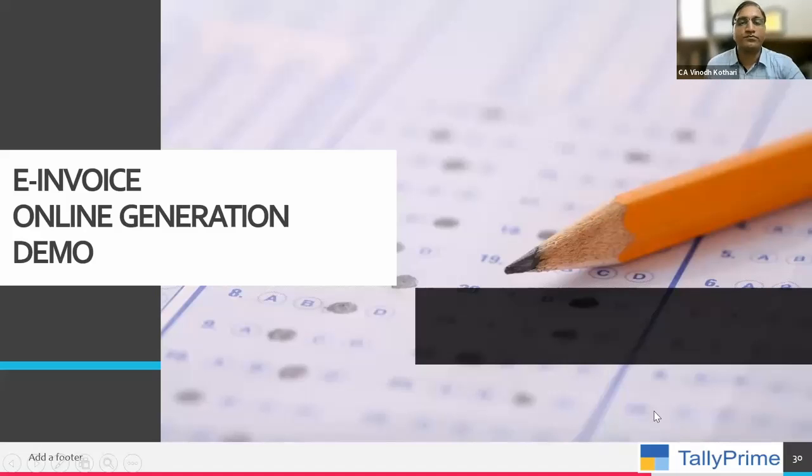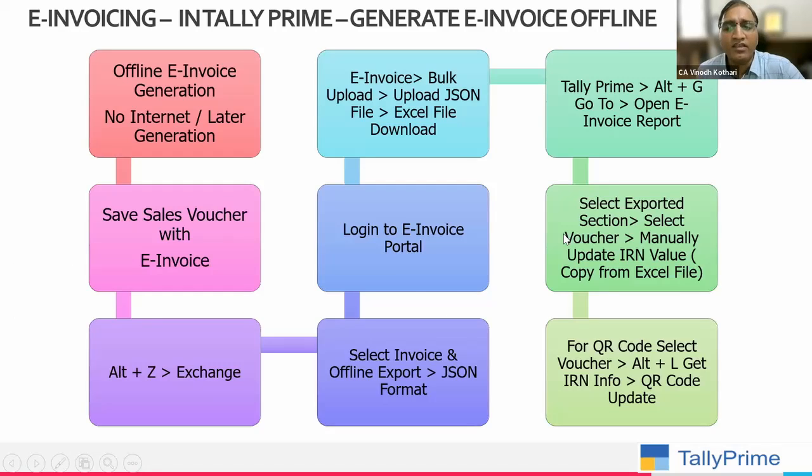See, generating an e-invoice in Tally is not a big task. The only thing is that your first two setups are very, very important. The first setup is the external setup. The second setup is the internal setup. Once you create an API, it becomes easier for you to generate this, right? And there is the online method of invoice generation and the offline method of invoice generation. Offline method, one demo I'll show you, and then we'll continue with the cancellation in the last part.